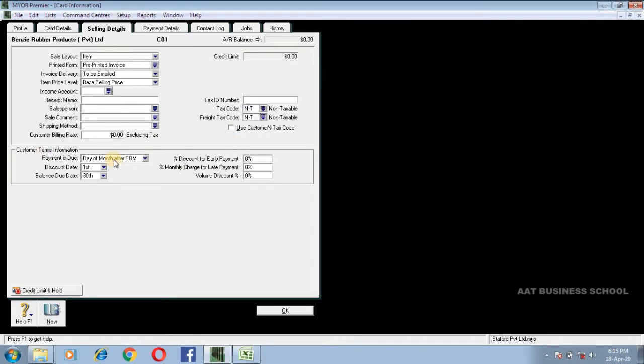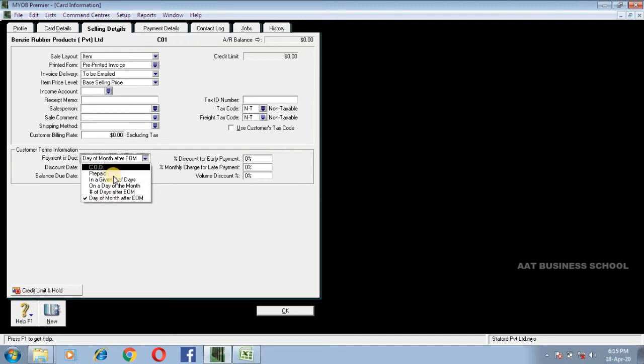Then the terms. Different methods are there. You can say in a given number of days, or day of month, number of days after the invoice, and then day of the month after EOM, like that. You can select.